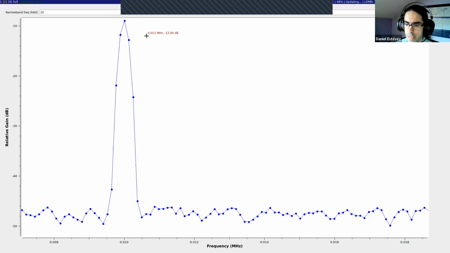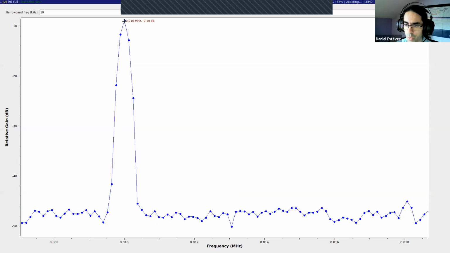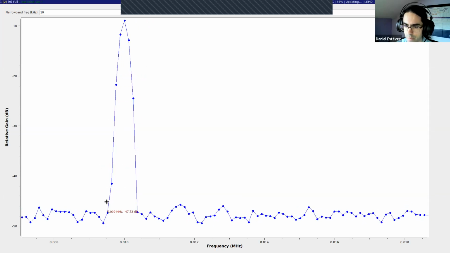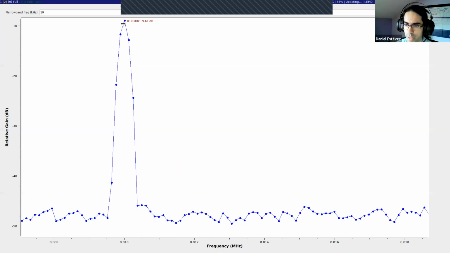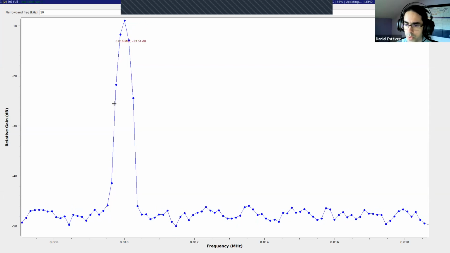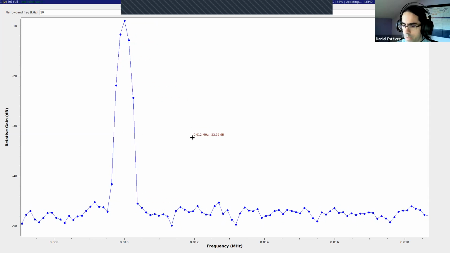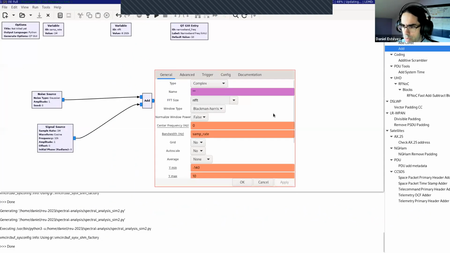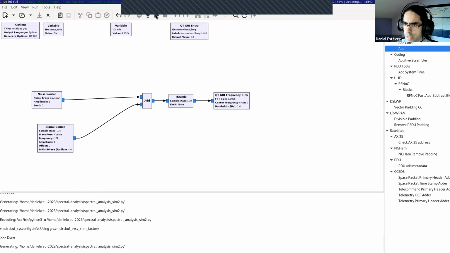So what happens is typically we use a window with the FFT, and the window we choose shapes the kind of peak that we see here when we have a narrowband signal. And rather than be completely concentrated in one FFT bin, the signal power will be spread over a few neighboring bins and will decay like so. And I can go back here and show you how to change the window type. So there are several different windows you can choose. And for example, rectangular is in one sense the worst one,